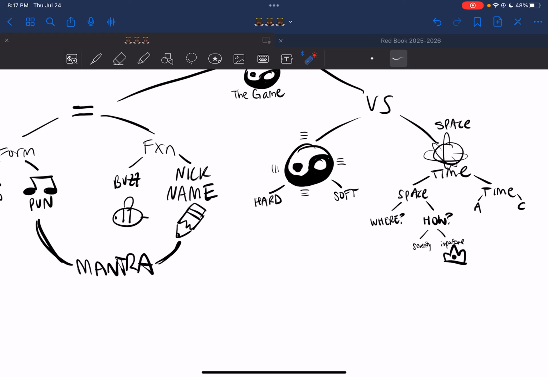So I think it's easier the more examples you see. I don't know if that is very clear, but whatever. So space-time splits into space and time, obviously. These are the two components of the universe, with physics and all that stuff. It's like everything is space and time. I'm not a physicist, but it's a vague notion that we all kind of know about. So time, for medicine at least, for me, basically splits into acute versus chronic. Space,